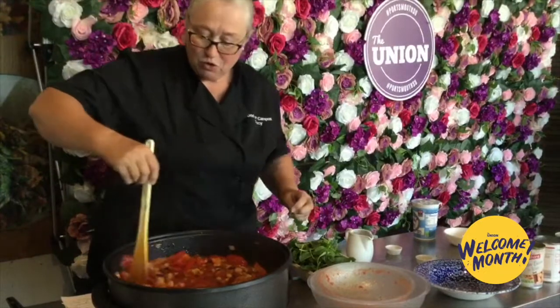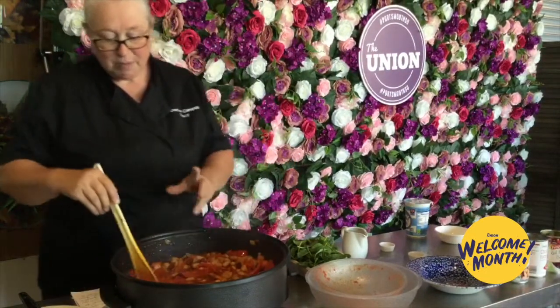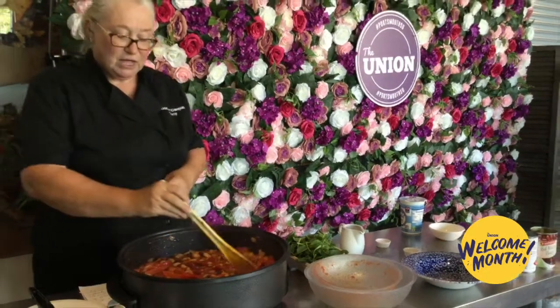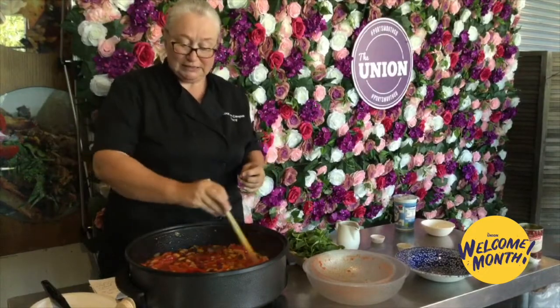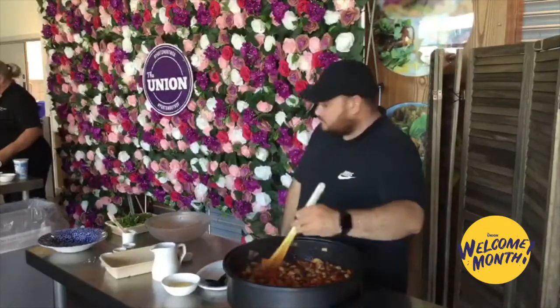So as I say, what I would normally do now is either leave this on a very low heat with a lid on it, for probably about 15 minutes, just so that it all starts cooking down into itself. Your carrots start breaking up into it. Just take your seasoning, and then at the very end, what you want to do is